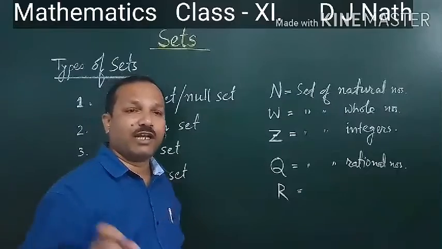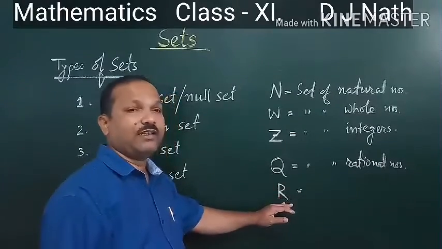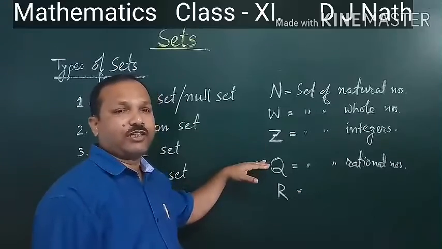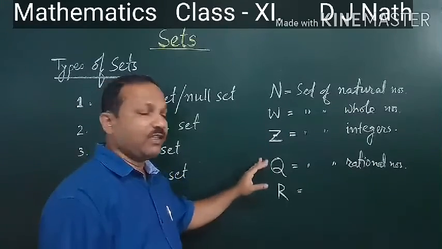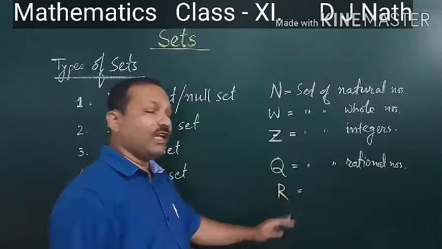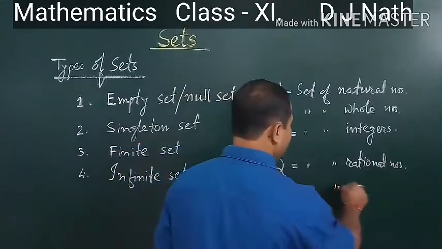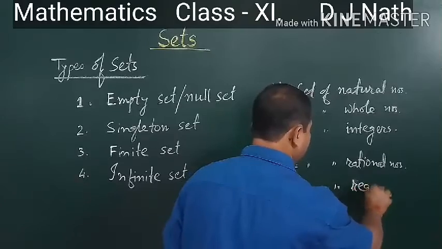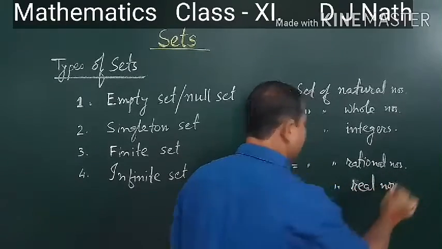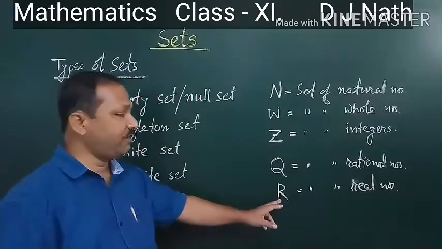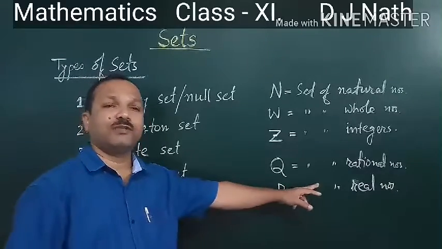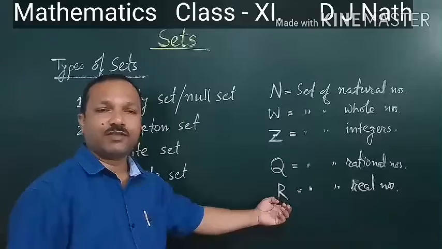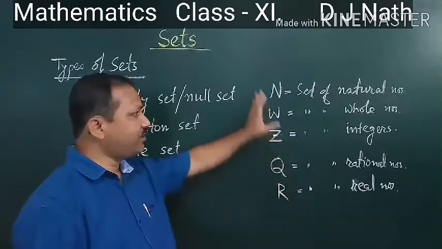What is that number line? It is the real number line. In that, rational numbers you can represent, irrational numbers also you can represent. Okay? So that is called real numbers, the set of real numbers. In that also, if it is R plus, it is the set of positive real numbers, R minus, the set of negative real numbers. Alright? So that way we can represent.